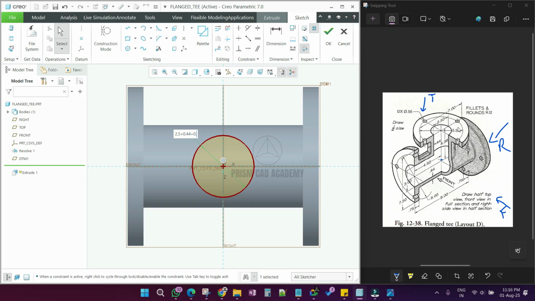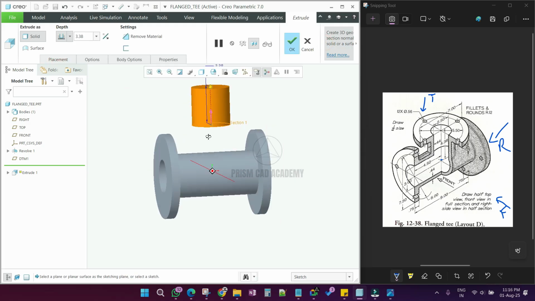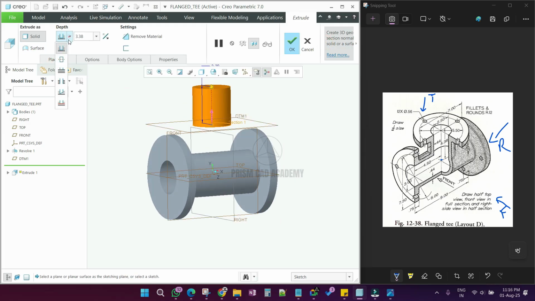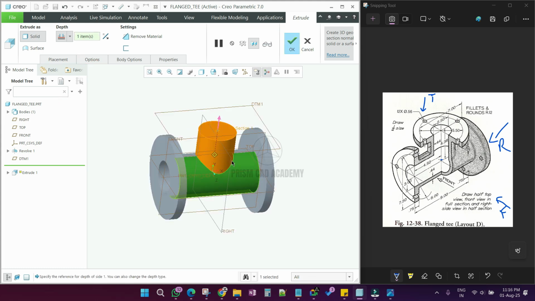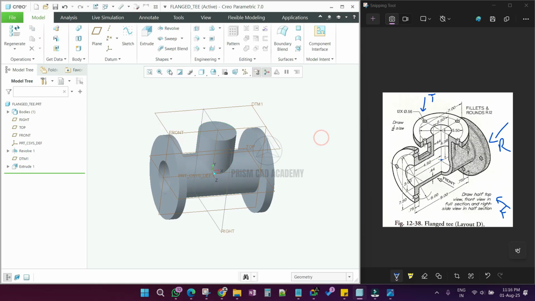Draw this circle having diameter of, then extrude up to this surface. Click OK. Now try to draw